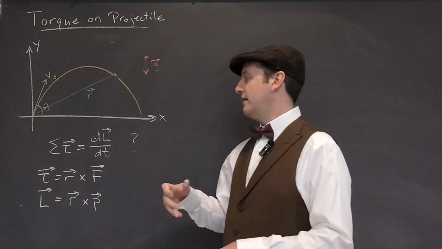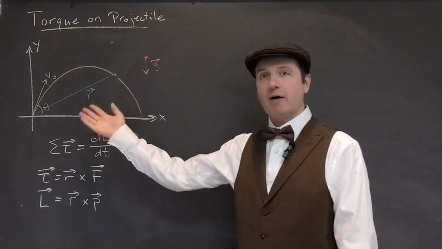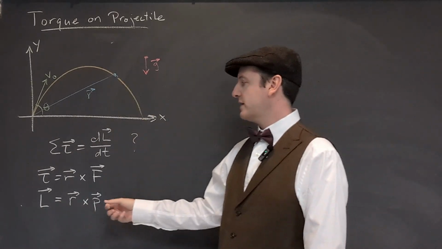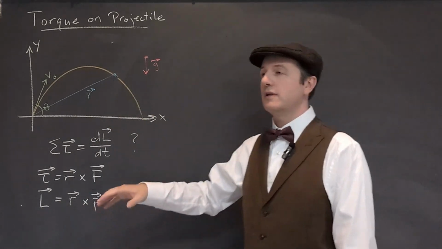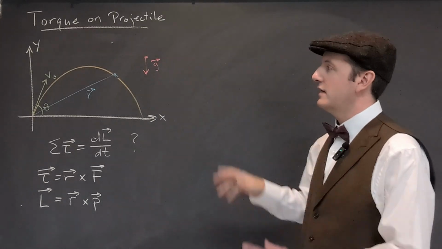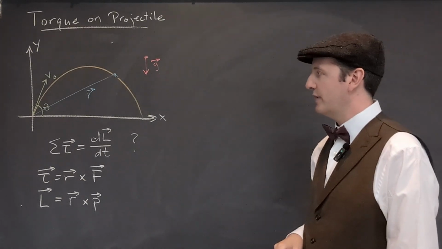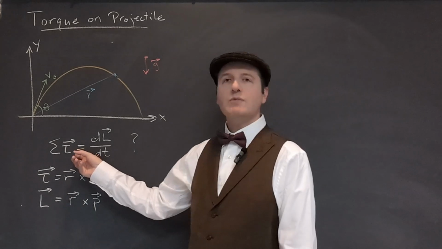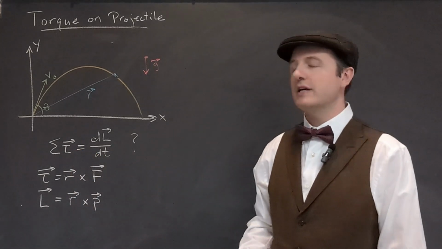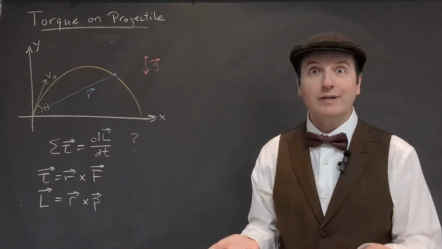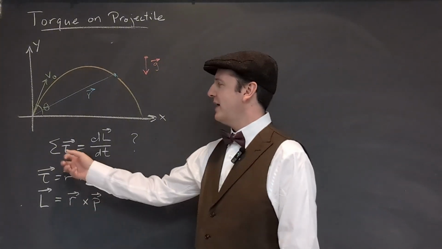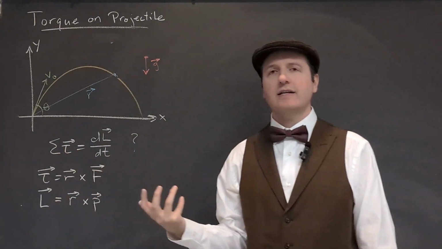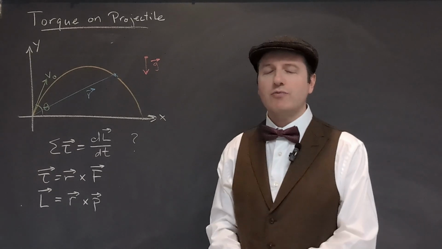First off, we'll calculate the torque of gravity about this launch point. We'll also calculate the angular momentum that the particle has as it moves along this projectile, again, with respect to that origin, the launch point. And then we'll check to see whether or not Newton's second law for rotation holds. It should, and it does, but we'll double check. I want to show that the net torque that's acting on this system is equal to the rate of change